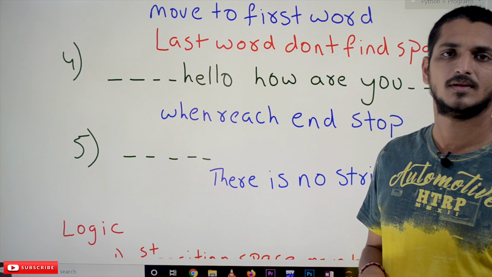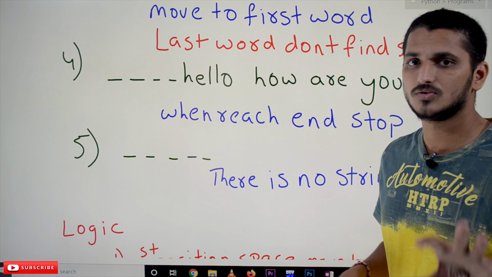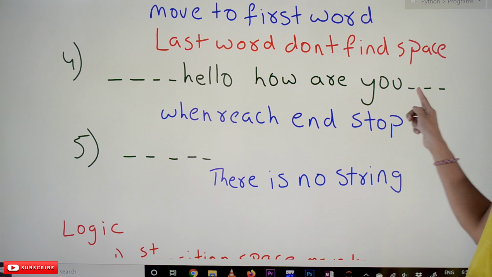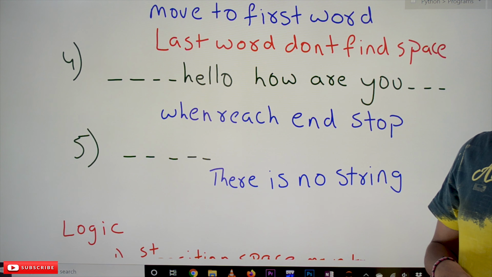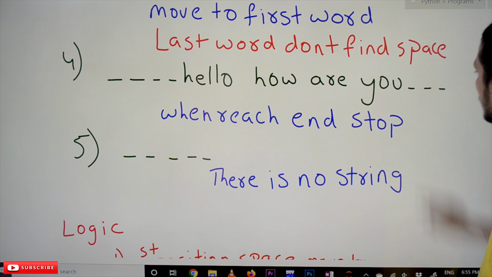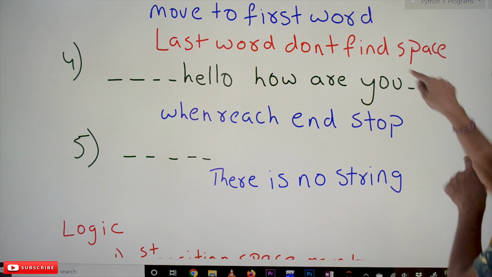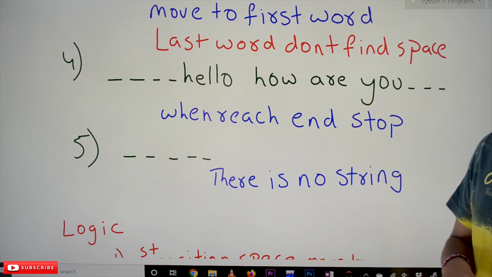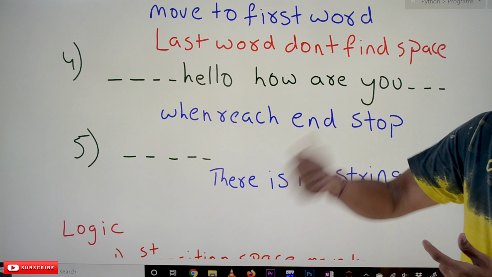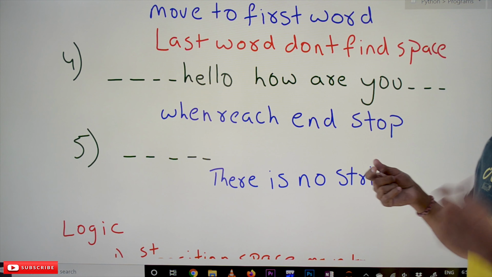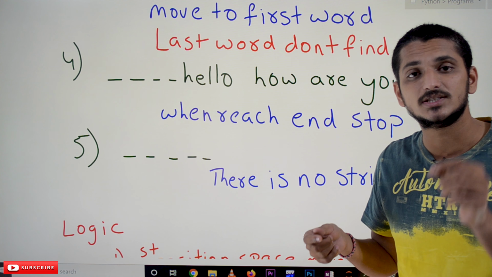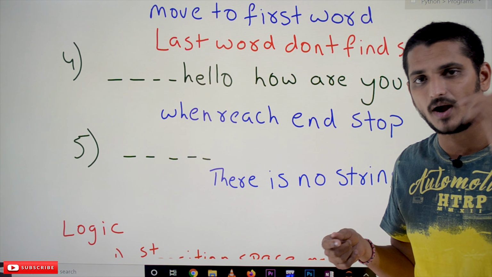spaces. Okay, that is not an underscore, these are spaces. Initially we are having spaces, words are there, at the end also we are having spaces. Means whenever there is a space, we will increase the word count and move till the next word. Here we don't find the next word, we are going to the end of the string. That condition also we have to keep in our mind.